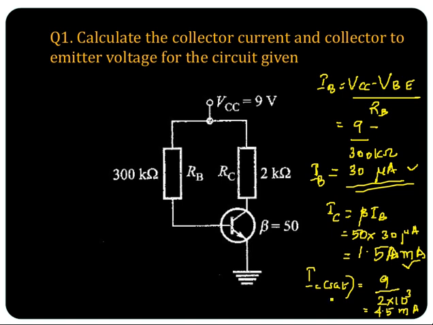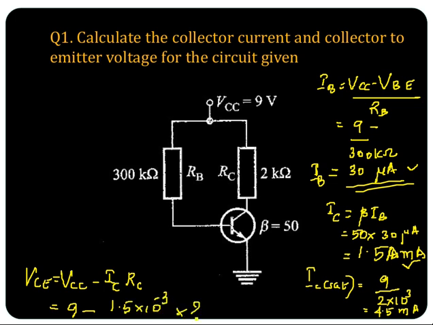All right. So here IC sat is 4.5 and IC is less than the saturation value. So you can take this IC value and find out what is VCE. You need to get the operating point VCE and IC. So what is VCE? VCE is equal to VCC minus ICRC. So what is VCC? 9 minus, which IC you will take? This IC we have calculated, that is 1.5 into 10 raised to minus 3 into 2 kilo ohm, 2 into 10 raised to 3. Okay, so you will get this value as 6 volt.